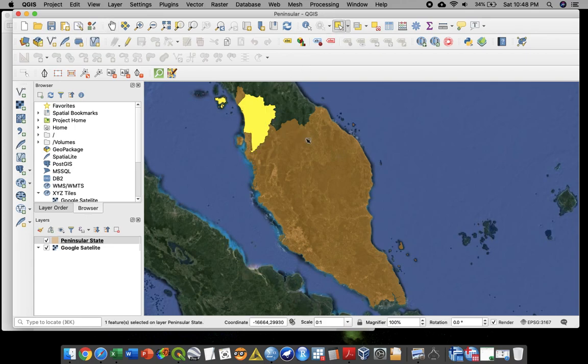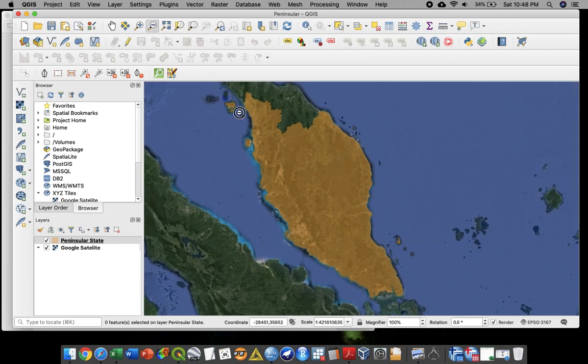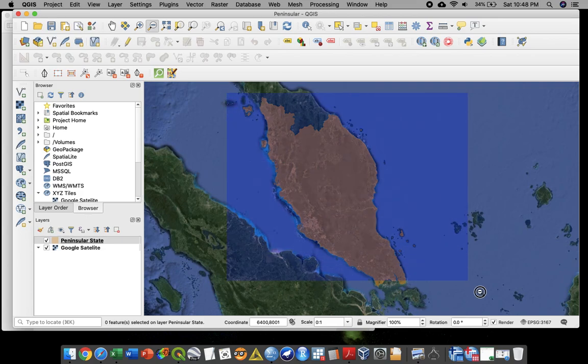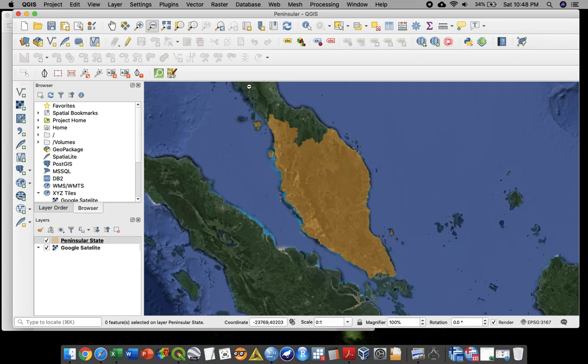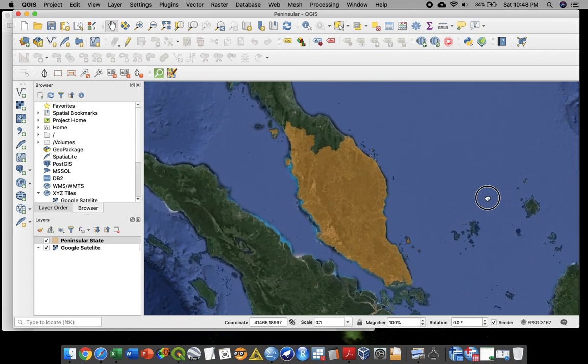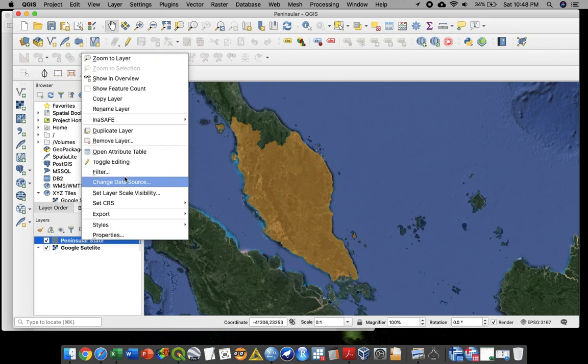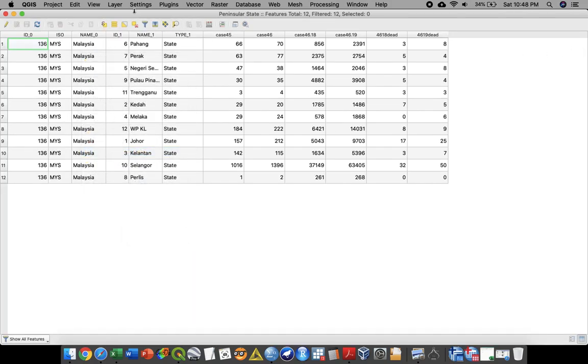So if you can see here, I'm going to explain only for Peninsula Malaysia. I'm so sorry to our colleagues in Sabah and Sarawak, because we are going to analyze that one later on, because we are focusing more on the neighborhoods that are closely related together within this particular region. Okay, so we go to Peninsula Malaysia here, and then you can open the attributes, and based on